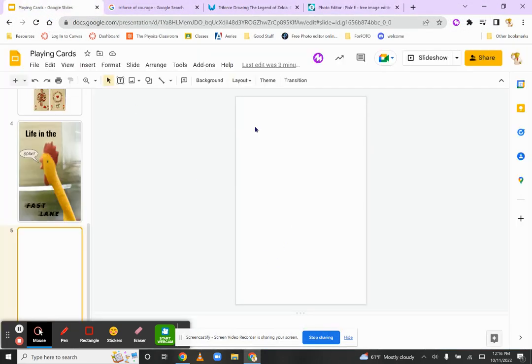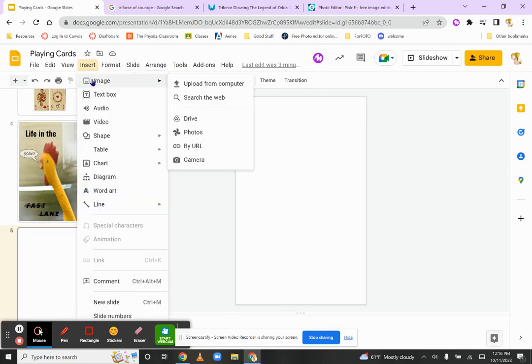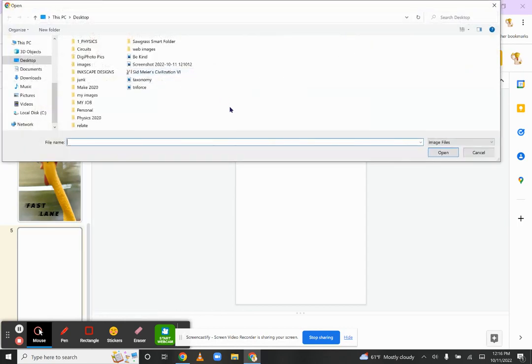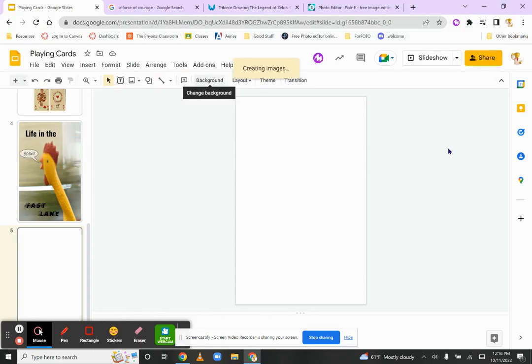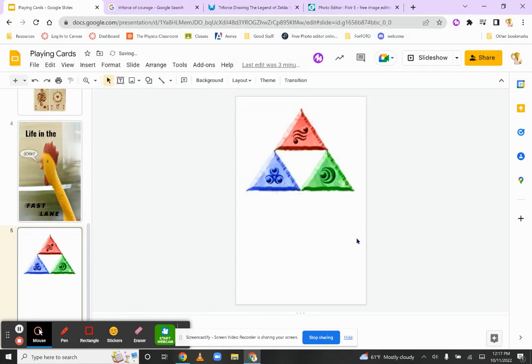Then go back to my playing card and insert that photo. Insert image, upload it from my computer. And you might just find an image that is able to be inserted from Google, but this is what I wanted. So I wanted to point out that once you have an image in Google, if you double click on